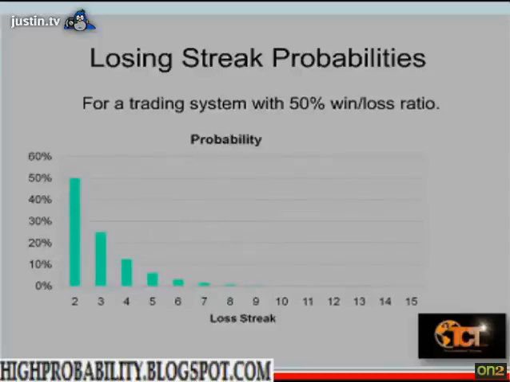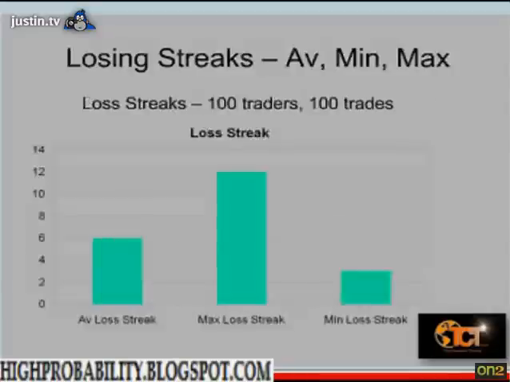There's a chance you'll get 7 losses in a row. And that's just the law of randomness, the fact that your systems occasionally have random results. If they didn't have random results, if it was always one win followed by one loss, then you probably would have accounted for that in your system design itself. So having got the best system you can at the system design phase, you'll still end up with these losing streaks. Now that sounds fine in theory. That's an average loss streak for a system with 50% win-loss ratio.